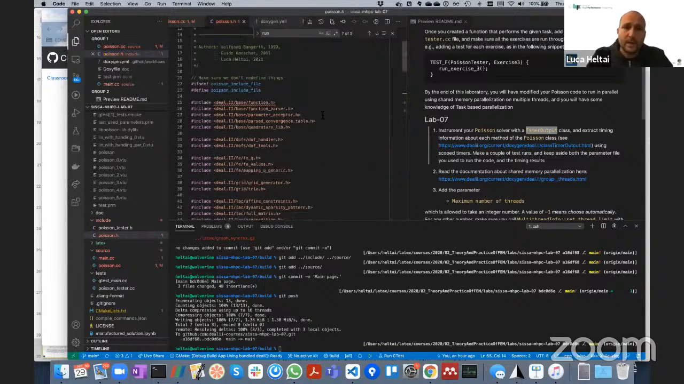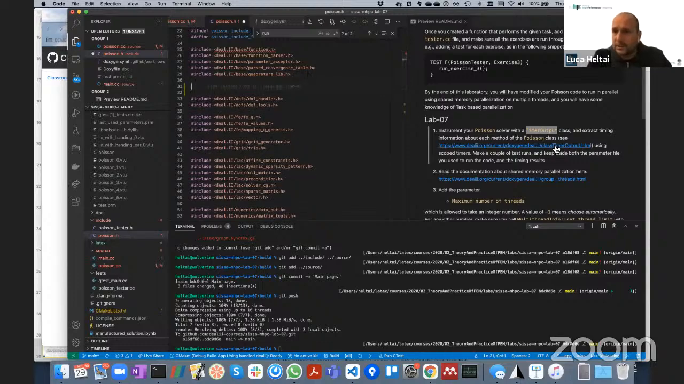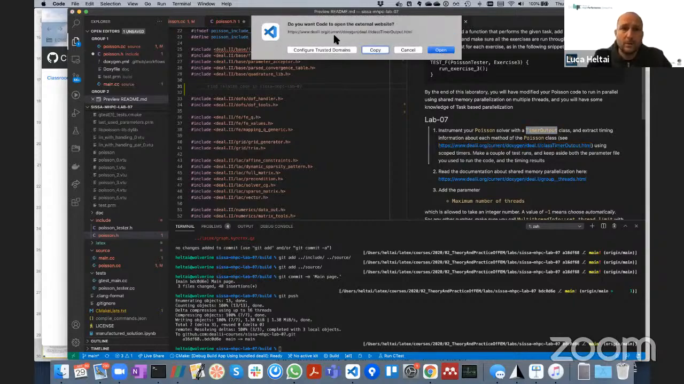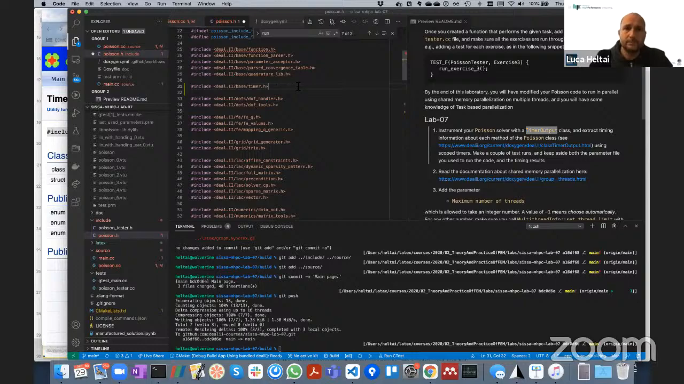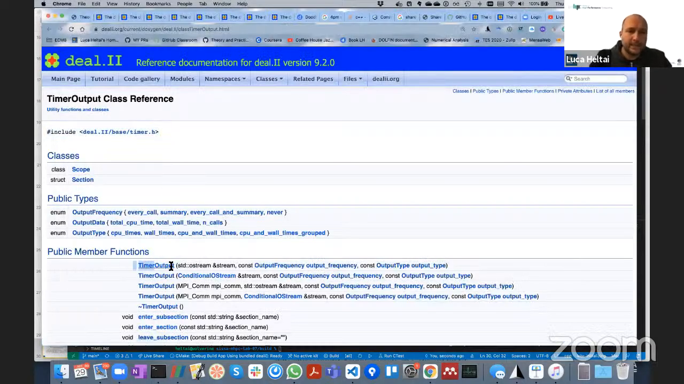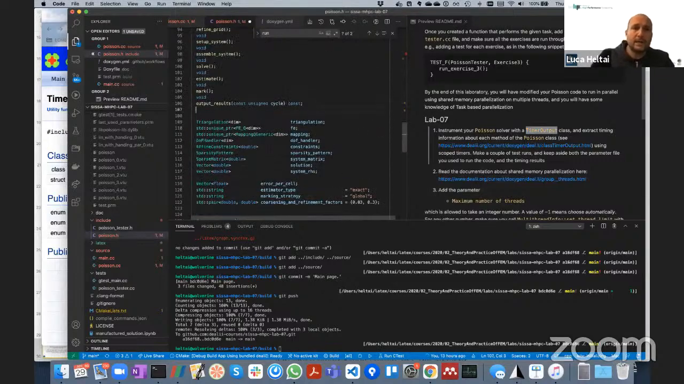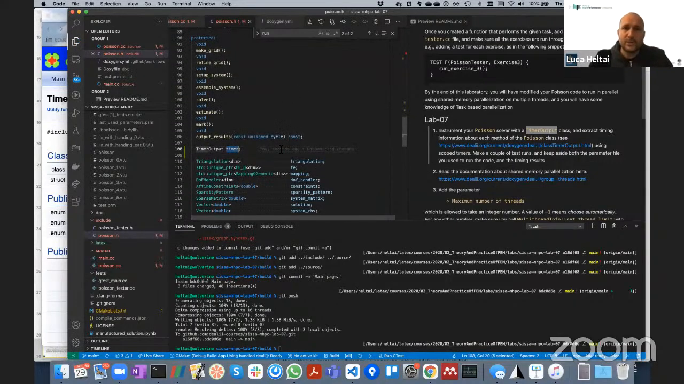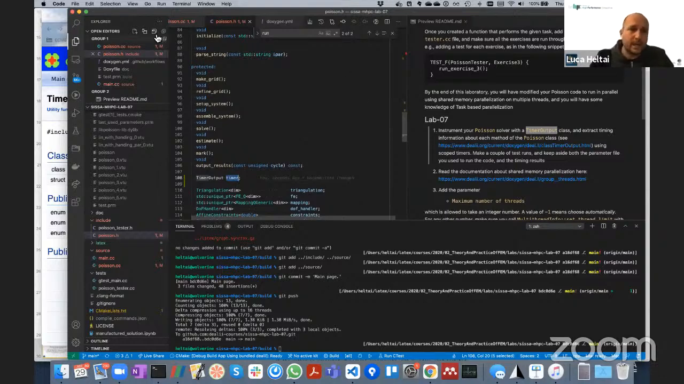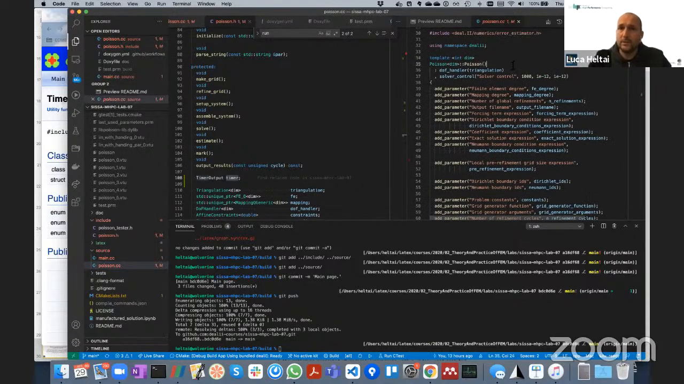Okay, so here I add the timer output class. So this is in the deal.II Doxygen, timer output. So this is in base, timer. And I create an object of timer output, which is this one. And I create it as a first thing, TimerOutput timer. Okay. This object needs to be initialized when I construct it, as here,